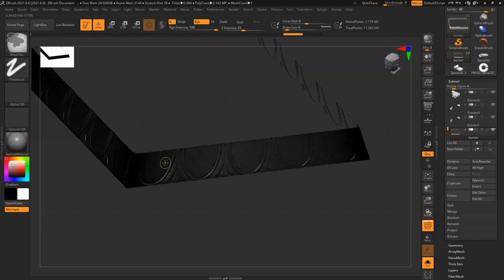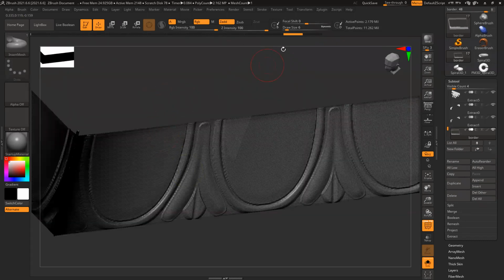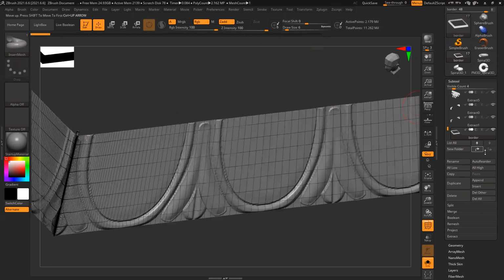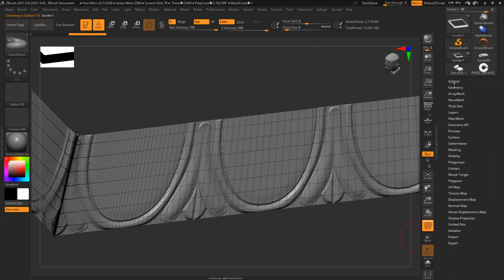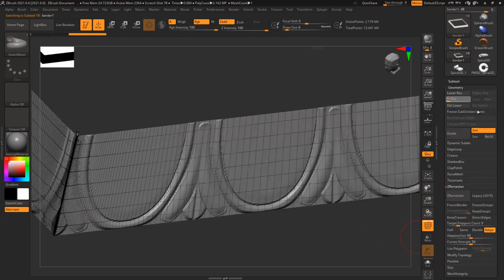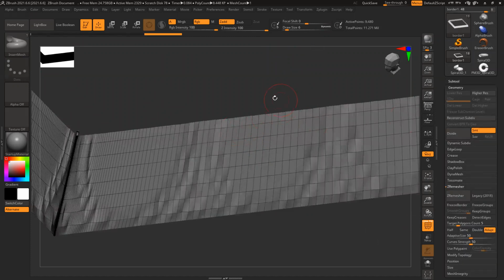No. Because of the design, it's going up and down the surface. Okay, maybe it's too many polygons, maybe because of that it's not working. So Control Shift D, duplicate the model. Only make it visible. Rest everything is not visible. Geometry, reduce it, delete higher.